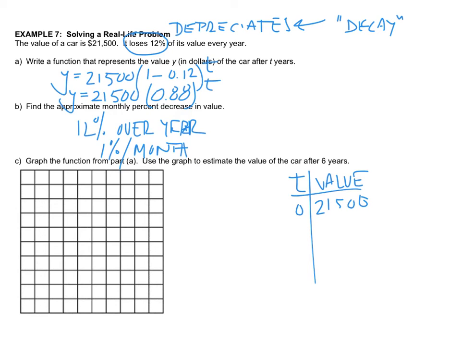When I plug in a 1 and use the calculator and run through my function, I get 18,920. For 2 years, it's now 16,649.60. At 3 years, it is 14,651.65. And then we'll go to 4 years to say